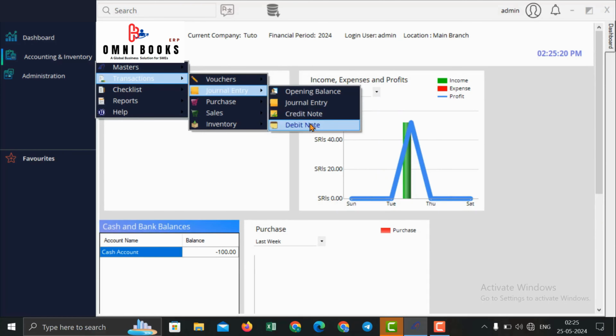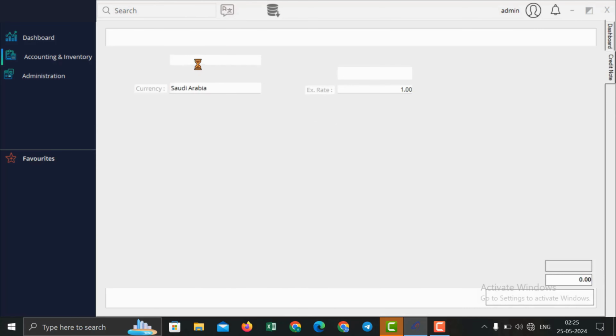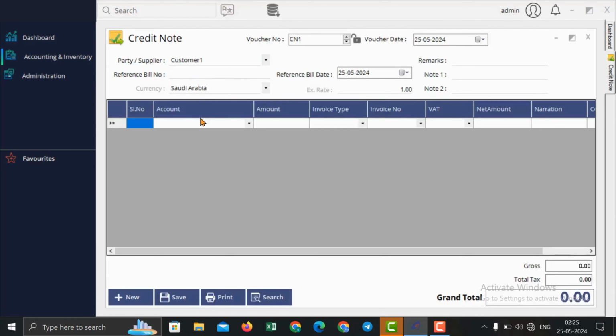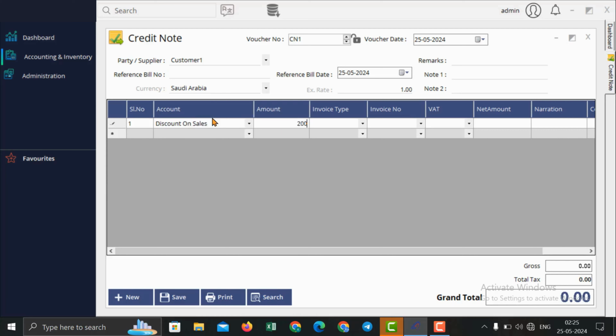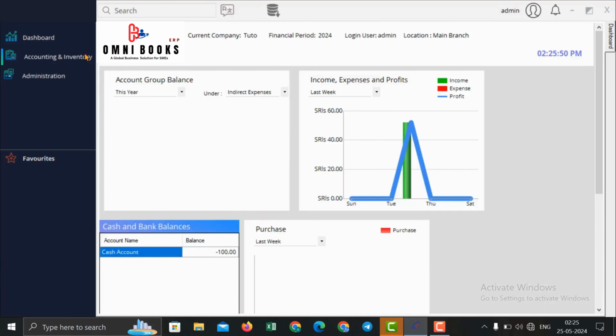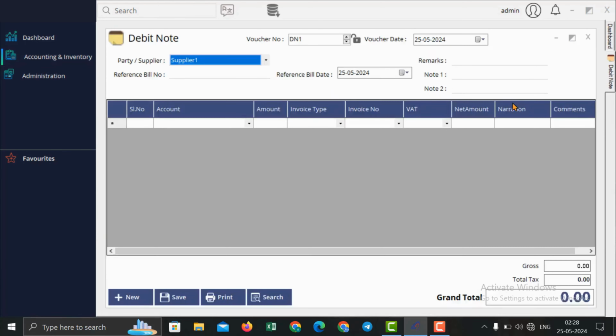And if it is a credit note or debit note, you can use it and you can select the accounts accordingly. For example, to this customer, discount on sales. So I have to mention the amount. For example, if I want to select invoice, then I can select the invoice. For example, sales invoice, and it mention the voucher number. And if you want to add VAT for this, you can add VAT also. So like this, you can use credit note, and just like this, you can do debit note to adjust the